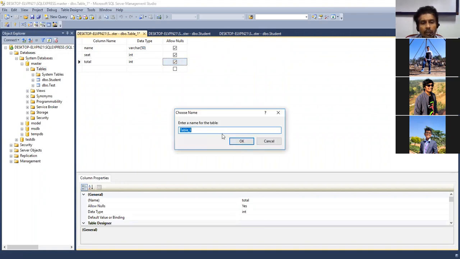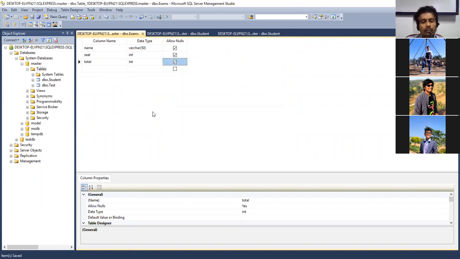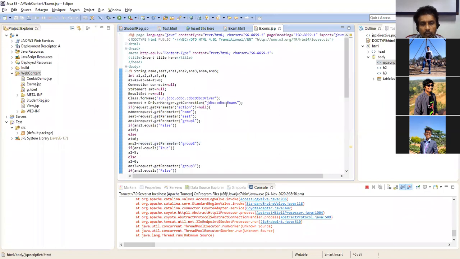And you have to provide the name of the table, so it's going to be exams. Okay, so now the table has been created. Students, you can just keep a note of it so that it will be easier for you. These are things supposed to be done by you.